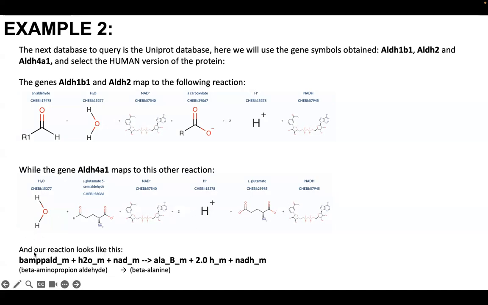So if you take a look at our reaction, it looks like this. This is also the conversion of an aldehyde to a beta-alanine, which is a carboxylate. So our reaction doesn't fit into this category, but it does fit into this category, because this is the general conversion of any aldehyde into its carboxylate. So these two genes have the chance to be involved in this reaction, and these genes should be removed from the manual curation. So let's move forward and explore this